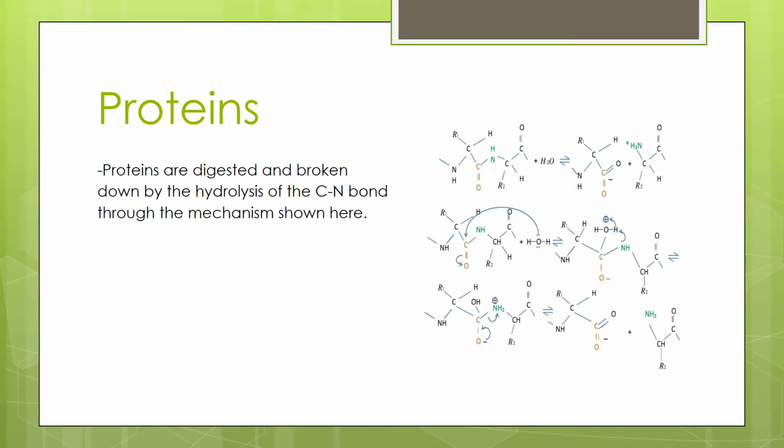In this mechanism, the oxygen from the water attacks the orange carbon, pushing the electrons that were shared in the double bond between the carbon and oxygen onto the oxygen. The water molecule attached to the carbon then loses an H+, which is then attacked by the nitrogen to form